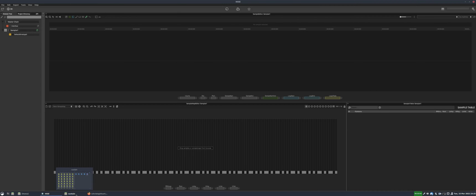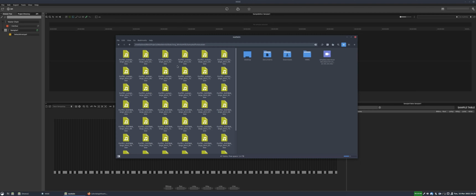So I'll drag some samples in just so you can see how the mapping works. So I've just got some flute samples here. So you can see this says flute1_sustain_large_omni, so that's the microphone, _70, and then this one's _71. So the numbers in these names refer to the MIDI note number. So if I just drag a selection of these out,